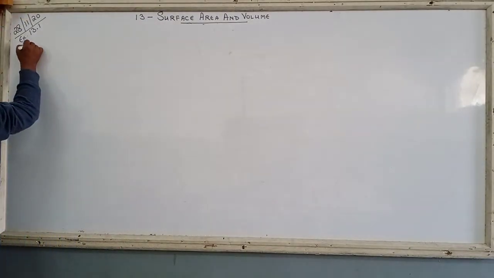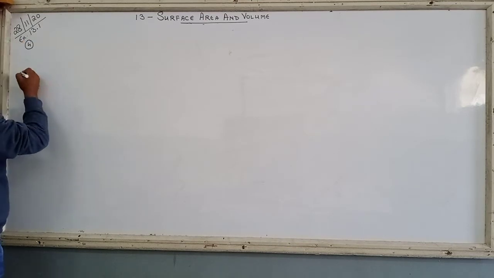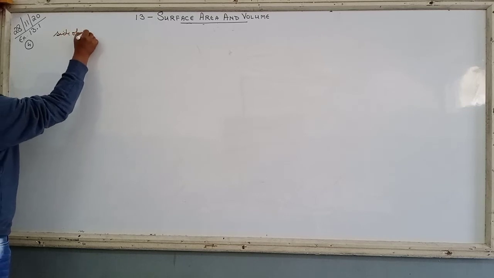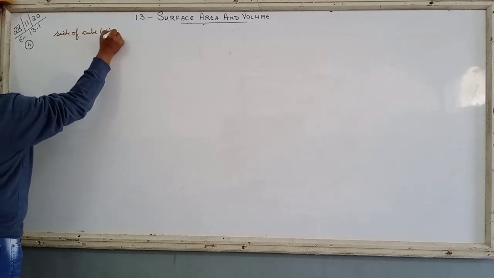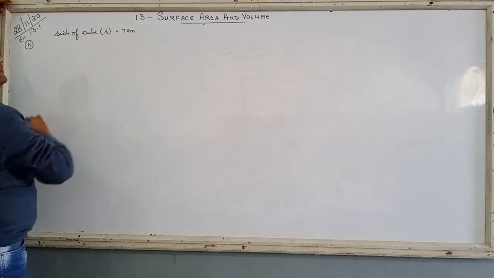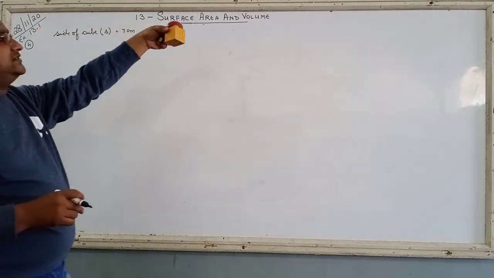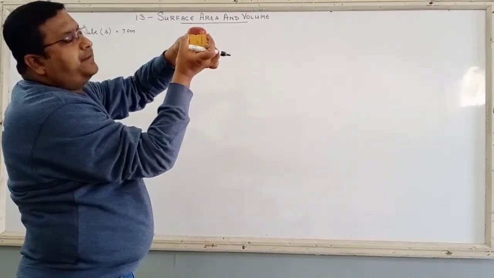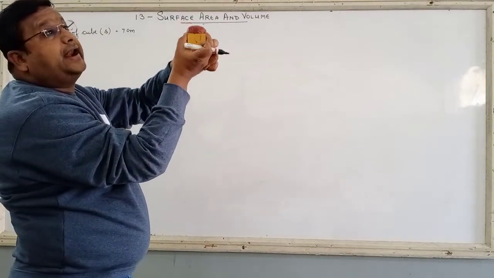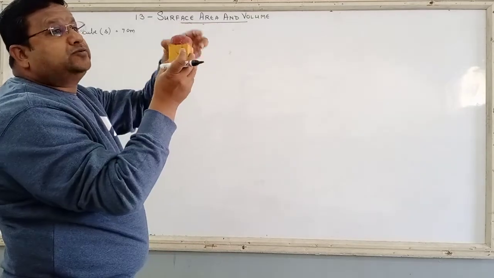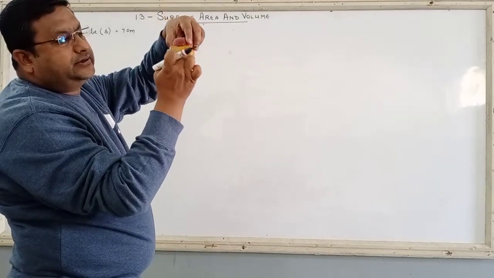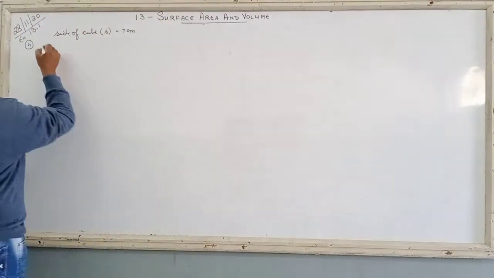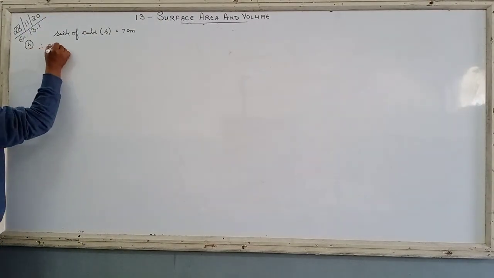Question number 4. What is given to us? First of all, given to us is the side of the cube, that is S, is equal to 7 centimeter. So you can see, sir, if this side is 7 centimeter, what can be the diameter of the hemisphere? The diameter of the hemisphere, that greatest diameter that it can have, is also what? 7. If it is smaller, there will be some space on this, and if it is bigger, it will be bulging out. So therefore, the greatest diameter